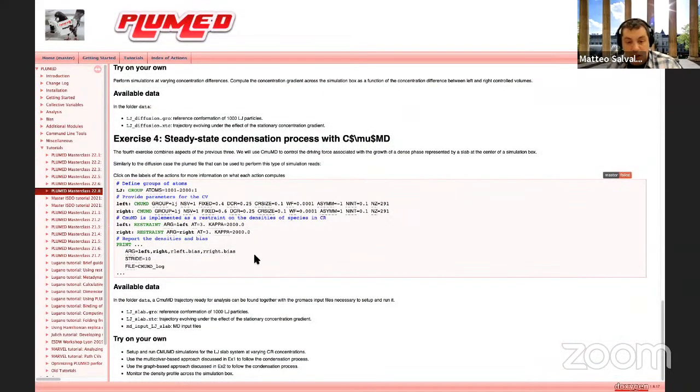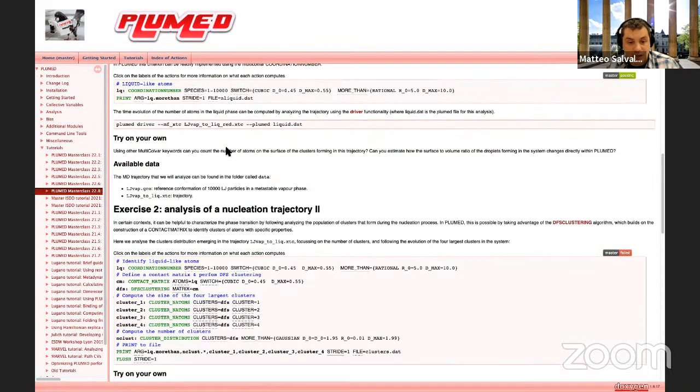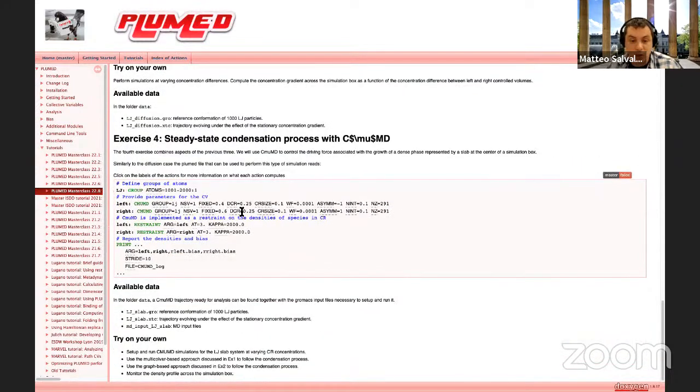For example, you could use the ideas developed in the first exercise to count the number of molecules that transition to a condensed phase during the simulation, and try to prove that that process is happening at steady state